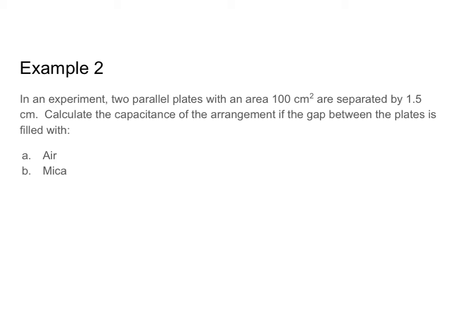So in an experiment, two parallel plates with an area of 100 centimeters squared are separated by 1.5 centimeters. Calculate the capacitance of the arrangement if the gap between the plates is filled with air versus mica. So let's start by looking at air. So our givens for part A